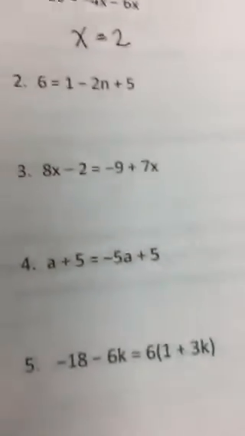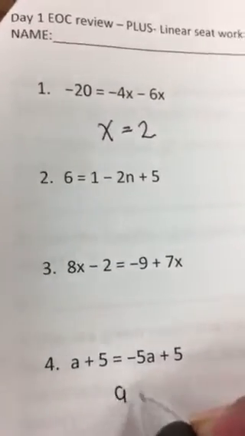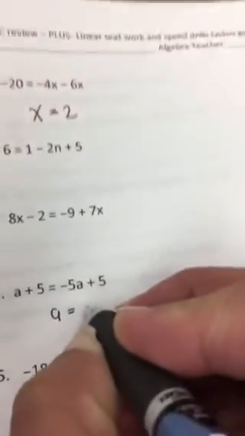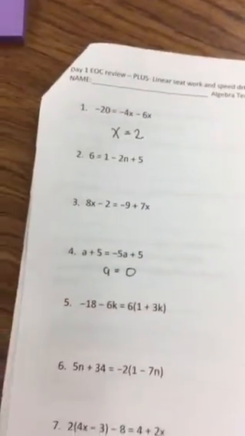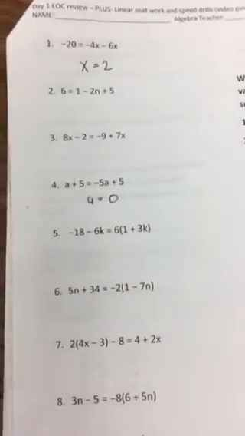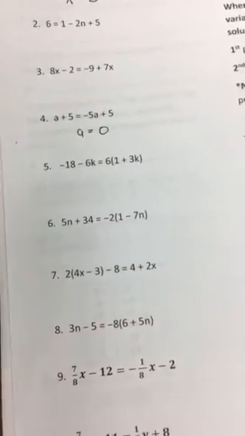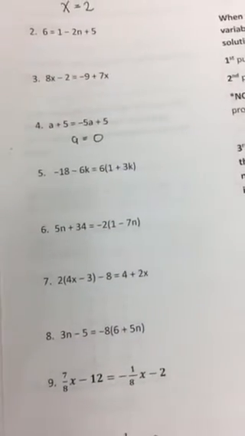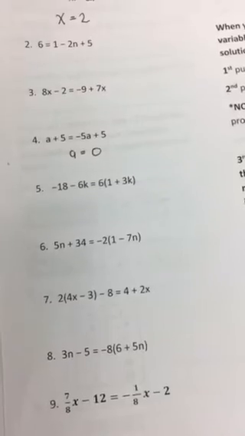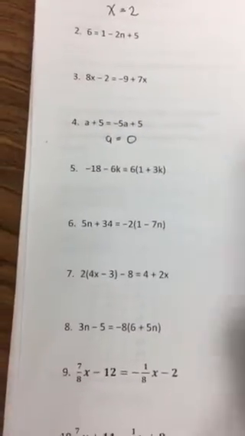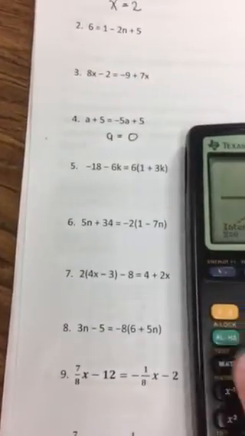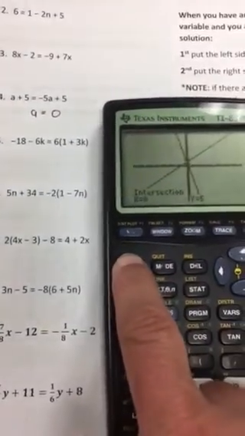So I'm going to go to question number 4. I know it's not an x, it's an a. A equals 0. Important, look at 5. Has parentheses, 6, 7, they all have parentheses. You must include them when they're in there. Let's go ahead and do number 7 together. Number 7, just because it's going to look a little muddled, let's go ahead and clear our calculator. Second